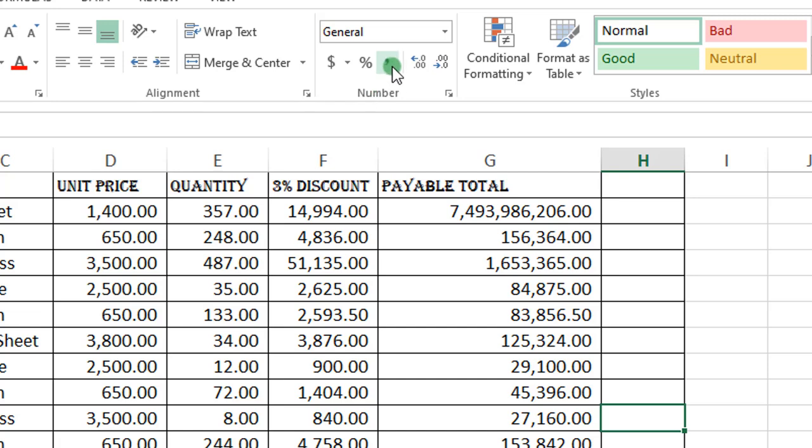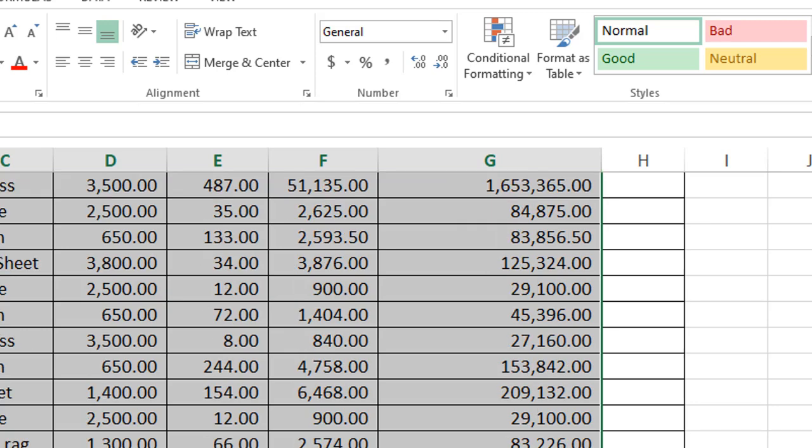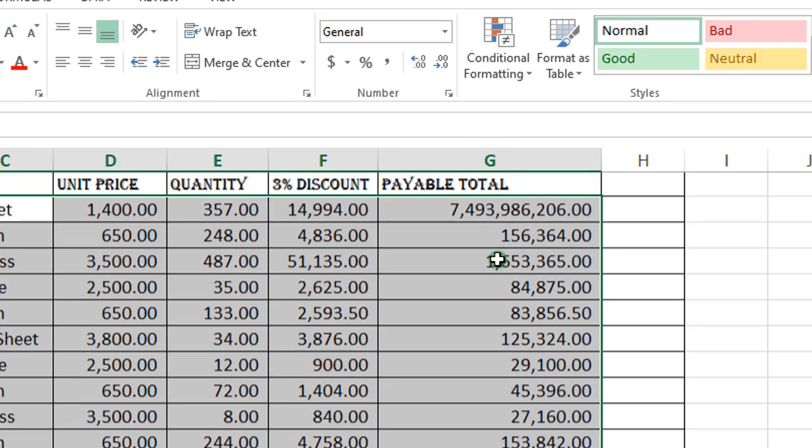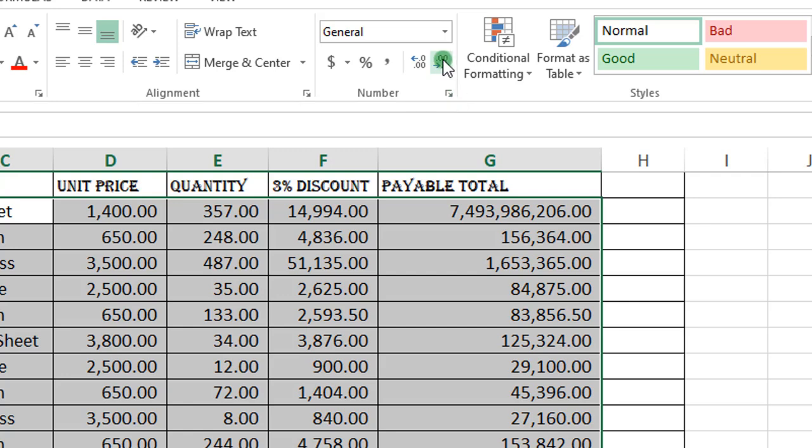So near this 1,000 separator, you'll be seeing that here we are having two things: increase decimal place and decrease decimal place. So I'm just going to click on decrease decimal place. Good. But before that, you select it back because I've deselected it. So let me select it back. Good. I'm just going to click on decrease decimal place. Good. When I click,